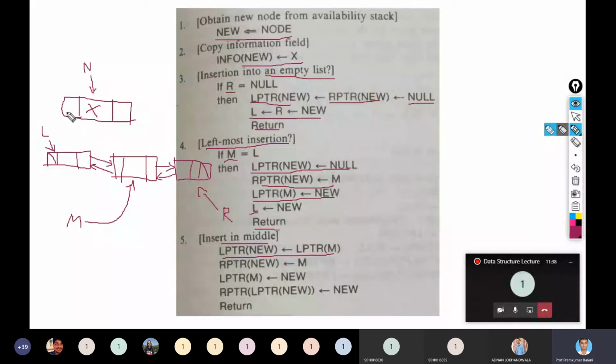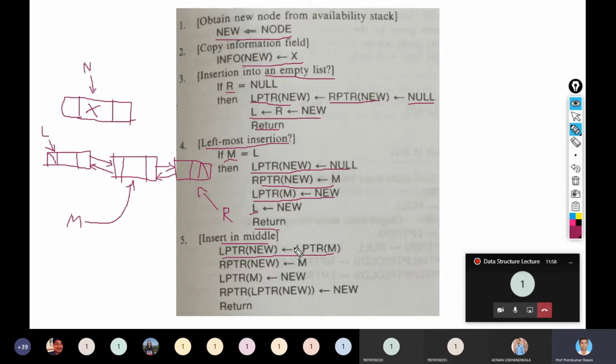So left pointer of new is going to point to this node, right? Sorry, I made a mistake.